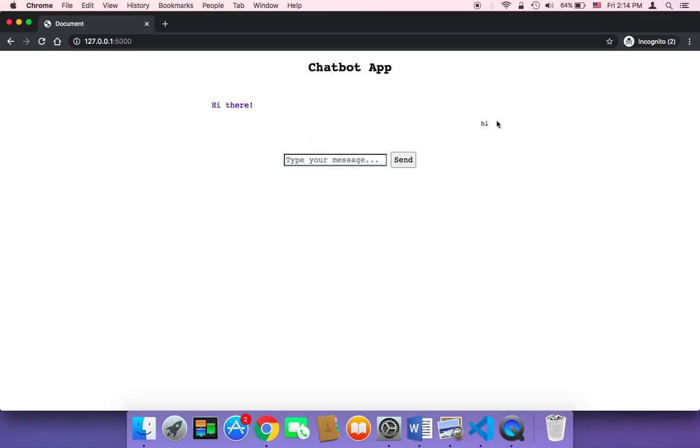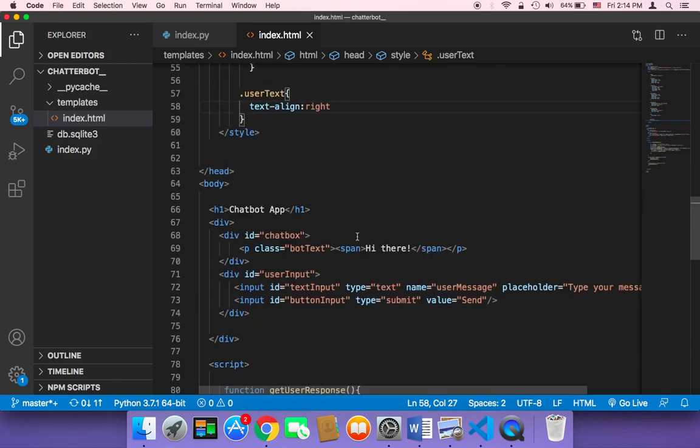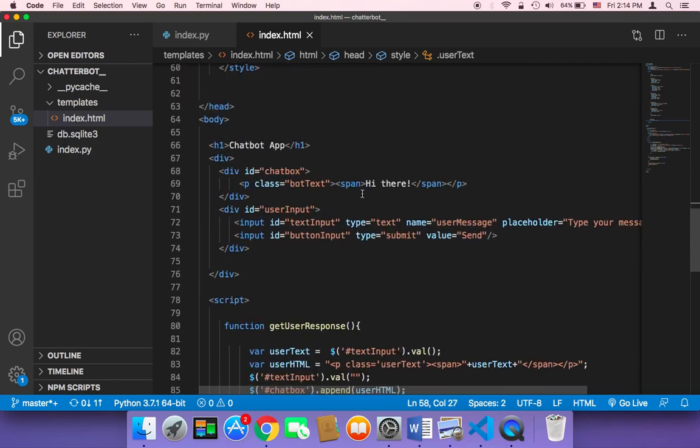So now my messages will be displayed on the right side, whereas the responses that I am going to get from the chatbot will be displayed on the left. And by the way, you can also add here chatbot and then colon, and also user and colon. So you can always say here in